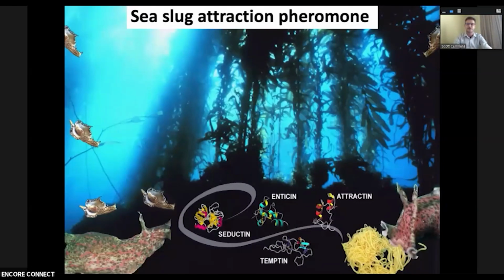This was based on research that I was lucky to be involved with almost 20 years ago now at the University of Texas, where we identified the first peptide or protein pheromone system. And this was in sea slugs. So why sea slugs? Because we knew a lot about their behavior at that point, at least within the molluscan world. So we used a process of bioassay guided identification and purification to identify what was attracting conspecifics to themselves. And we realized that it was a group of proteins, a cocktail of proteins, and we identified them. They were novel, and we called them attractin, enticin, temptin, and seductin, which was a great name because that's